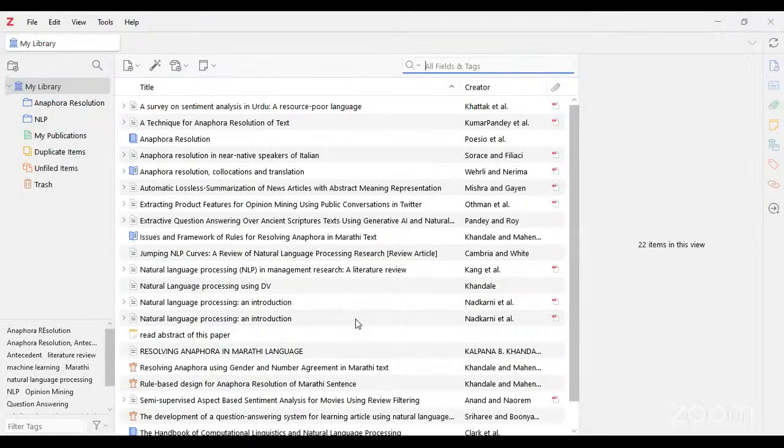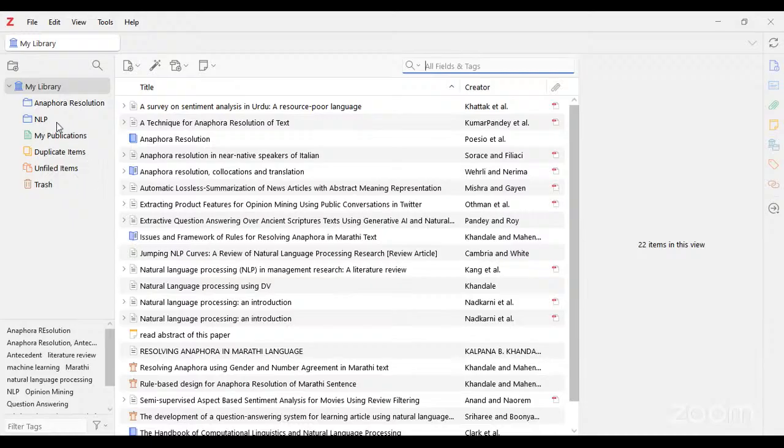Now it is visible? Yes, madam. You can see a Zotero symbol and 4 sections here. Yes, 4 sections will be there. Now it is visible, na? Yes, madam. Visible.